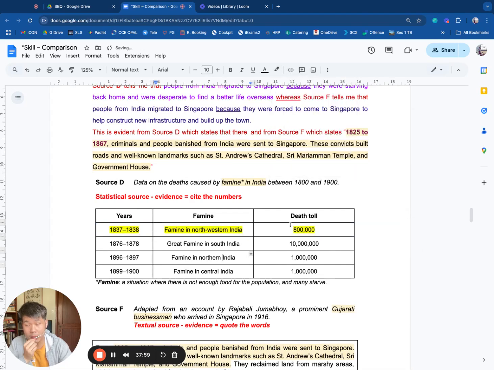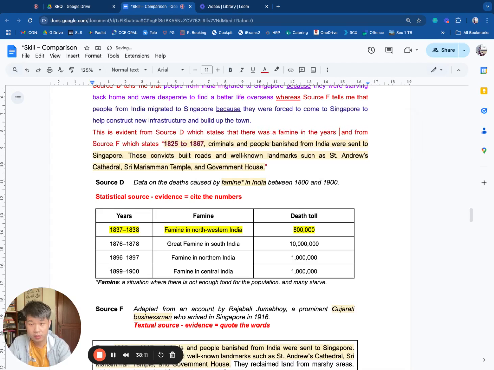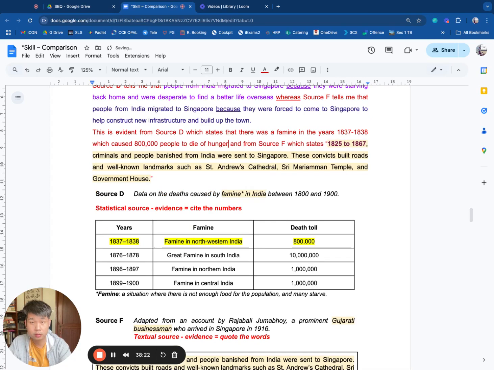Why is it the only evidence I can take from source D? Because it has to match, right? 1825 to 1867. So here we said that there was a famine in the years 1837 to 1838, which caused